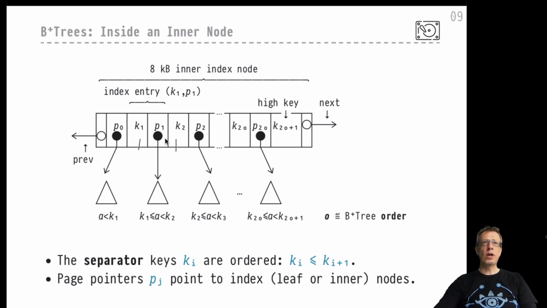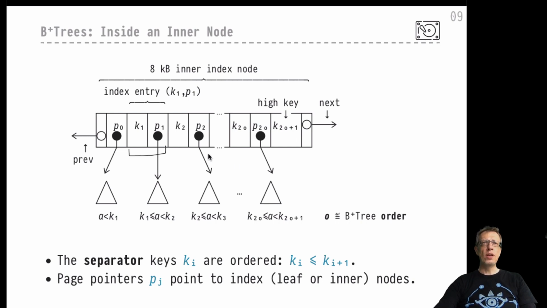In the middle, we've got this pointer pointing to a search subtree in which all entries lie between K1 inclusive and K2 exclusive. All right, so this is the semantics of the pointer that is associated with K1 here. Okay, and it's like that for all the other entries that you find here in this